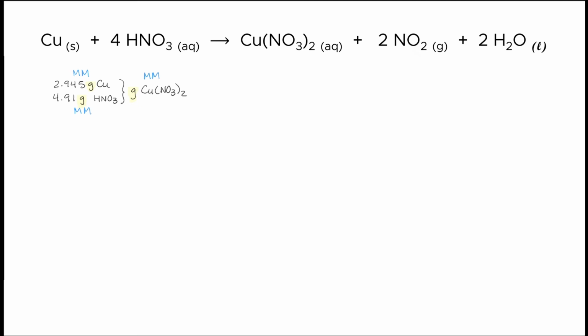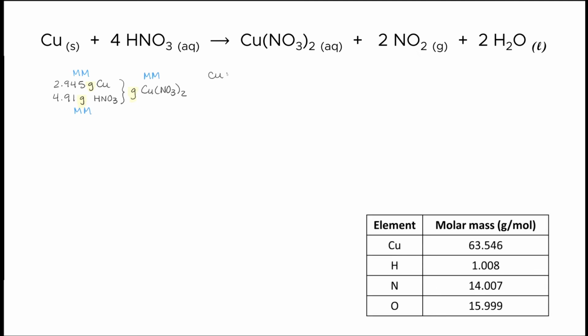The molar mass for copper we can just get from the periodic table, 63.546 grams per mole. For nitric acid, we need to calculate it. So we have 1.008 plus 14.007 plus 3 times 15.999. Rounded to 3 decimal places, that gives us